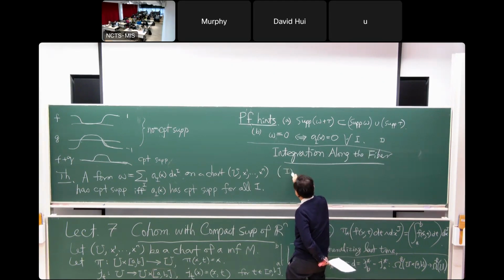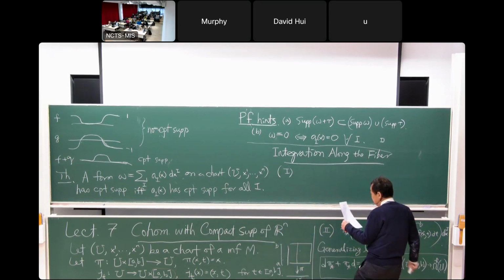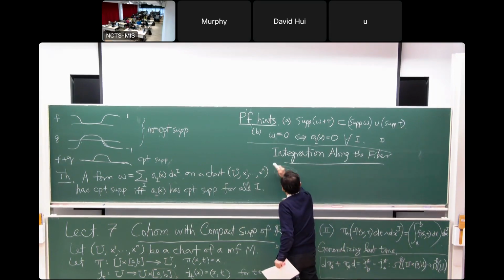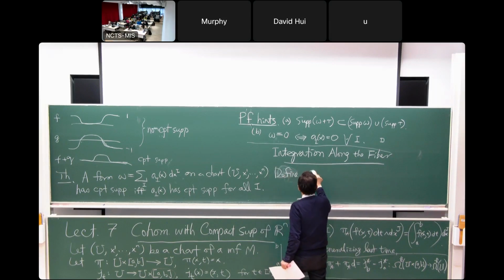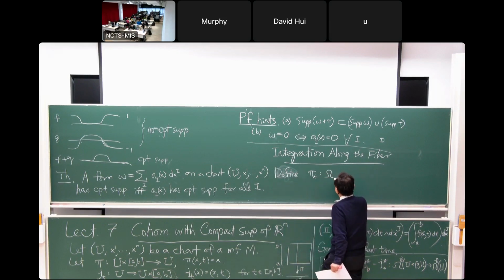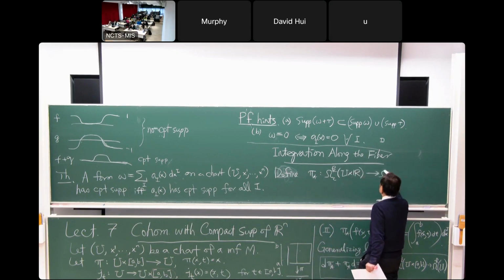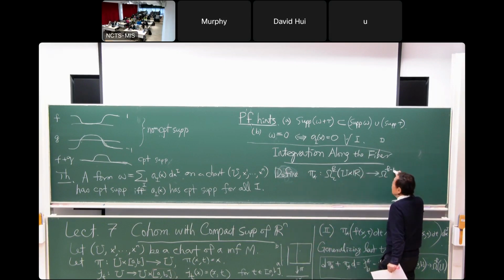But now the functions will have compact support. So let's state it more formally. So we define pi lower star now for forms with compact support on U cross R to forms with compact support on U, okay, by